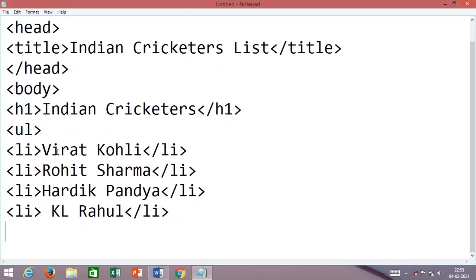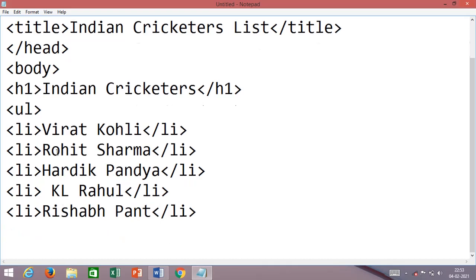Let us say one more, the last name I am going to write, because I am going to create a bullet list of 5 players. I will write Rishabh Pant, then close li. Now if you see, under the unordered list I have written 5 names.